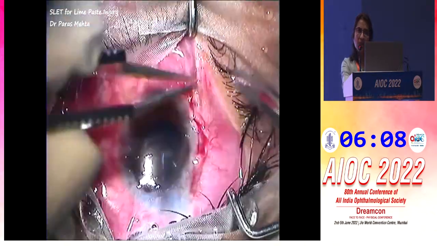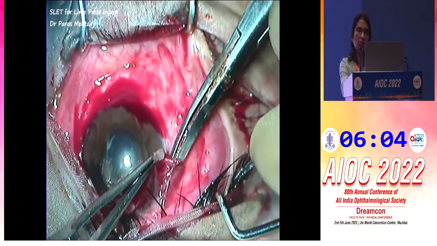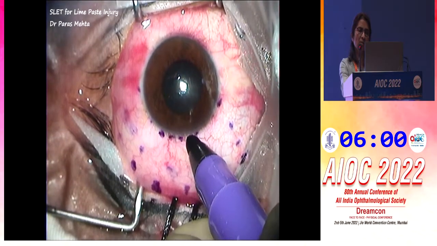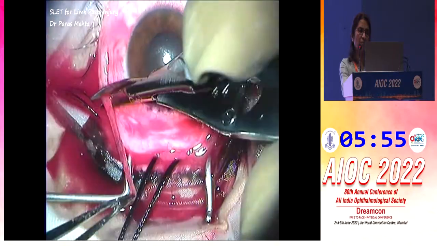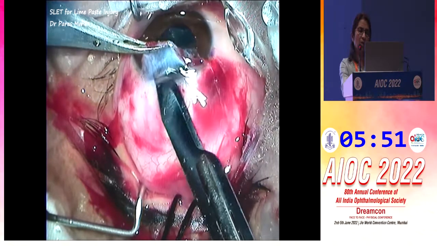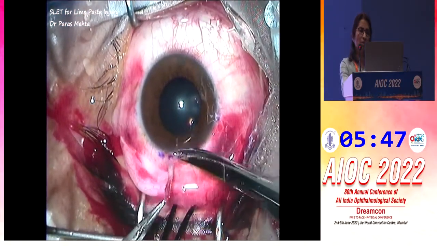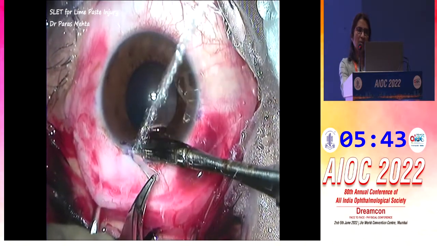Here is a video showing how simple limbal epithelial transplantation is done. This patient had an acid injury and had undergone tenonplasty twice. You can see here I'm taking 2 conjunctival grafts from the donor eye, and here I'm dissecting the limbus to obtain a small 1 clock hour of limbal tissue, which can be split into 8 to 12 pieces and transplanted onto the affected eye